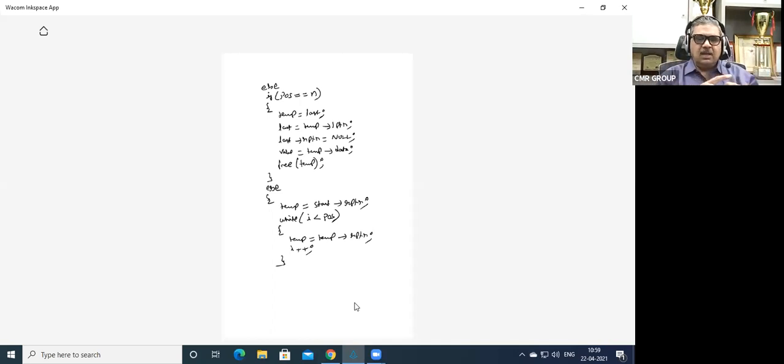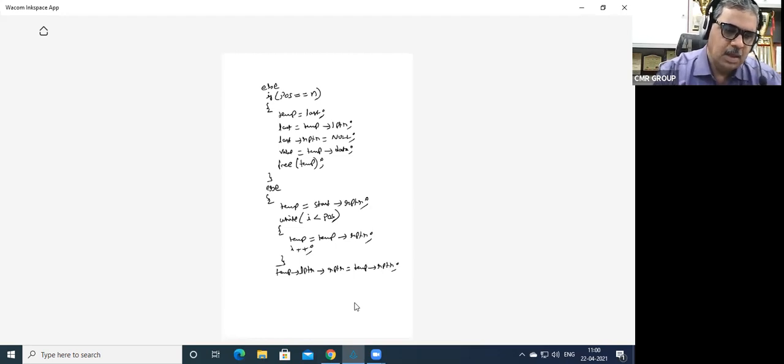So once that is done, now tell me what we are supposed to do. Now the steps involved here are what? We have come to the correct location, so how are we going to do it now? Tell me. I have already written temp arrow LPTR arrow RPTR is equal to temp arrow RPTR, and then temp arrow RPTR arrow LPTR is equal to temp arrow LPTR. After that, you have to assign value is equal to temp arrow data, and then you do free temp.